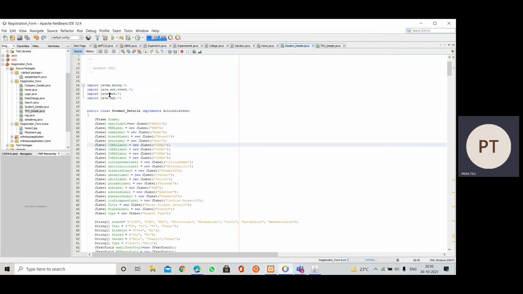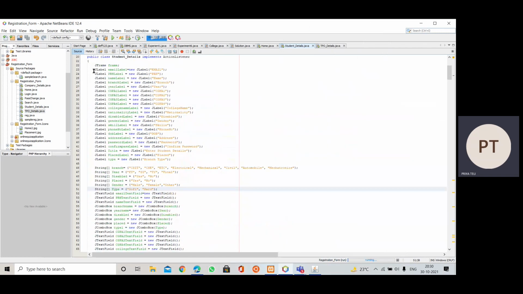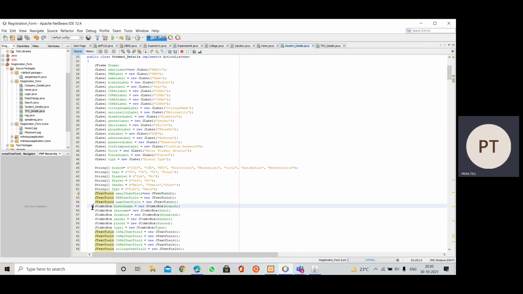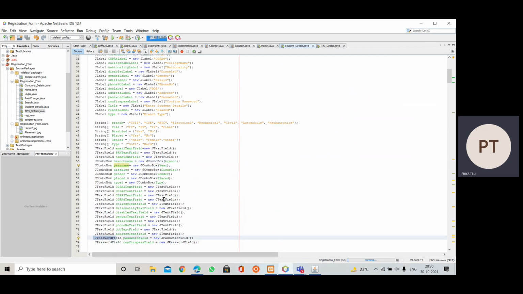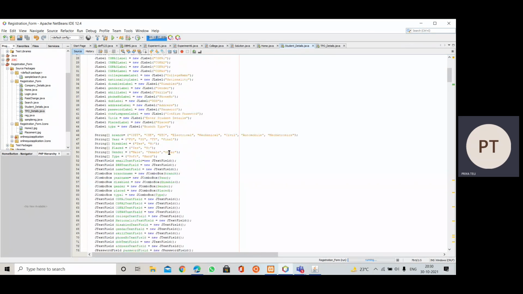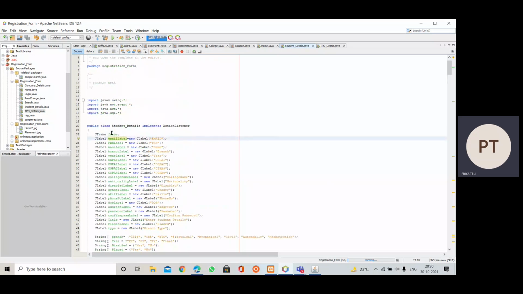Whatever components we have used are all Swing components: JLabel, JTextField, JComboBox, JPasswordField, JButton. Also the JFrame, for which we have created an object called frame. Then the email label, PRN label, name label, and so on are objects for these components, and these are the labels which will appear.